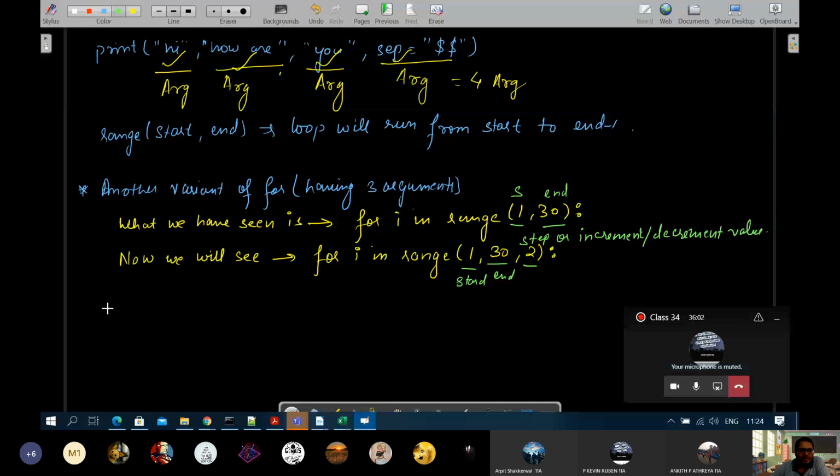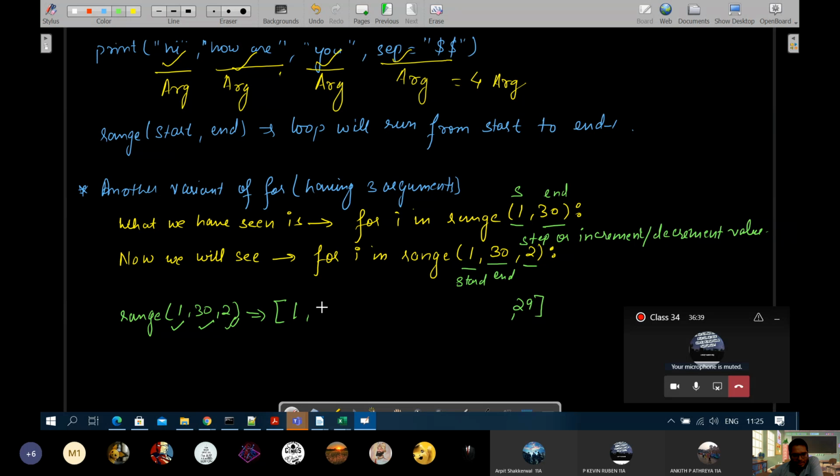So if I write range 1, 30, 2, this will mean it will start from 1, go till 29, okay, and a list will be generated like starting value 1, last value 29 of the list, and every time the next value will be obtained by adding 2.